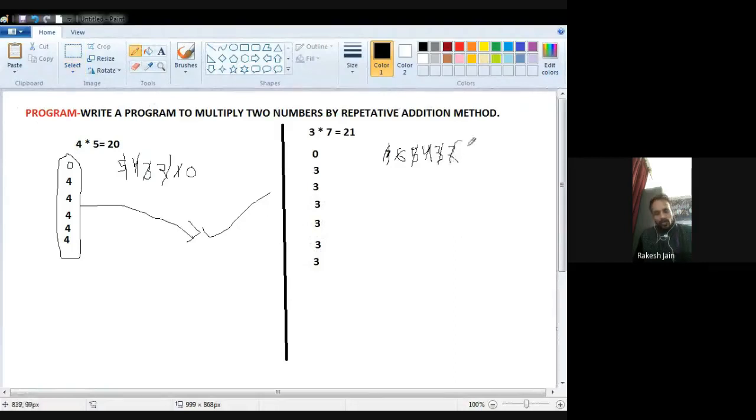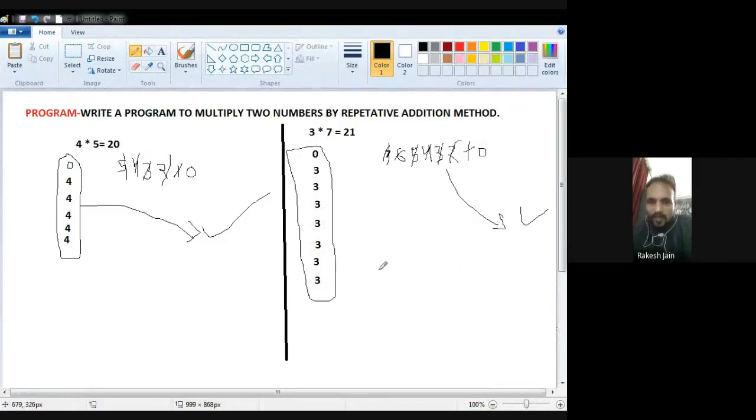Now it is 2. One more time add this, then decrement, because it is not 0 now. Now one more time add this 3, and decrement again. But now see, this is 0, so don't go to the previous step, go to the next step of result. So what will be your result? This will be the addition of all these numbers: 0 plus 3 plus 3 plus 3 plus 3 plus 3 plus 3 plus 3, 7 times the 3 added with itself, so the result definitely will be 21.